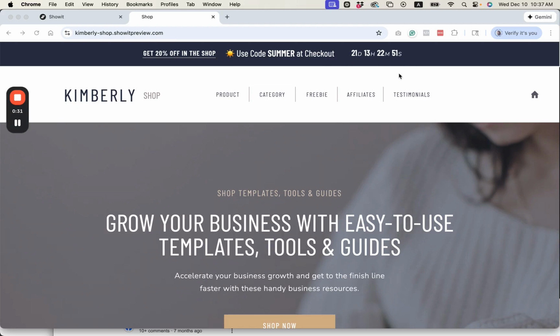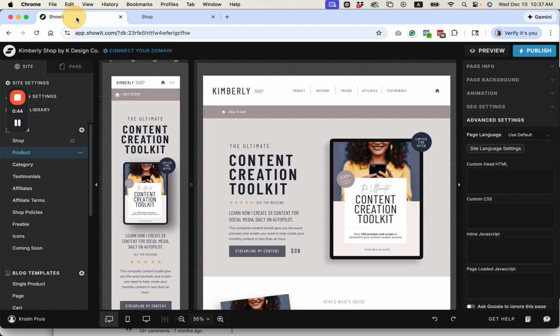of your website. Just be forewarned, there is a little bit of code involved, but I'm going to actually give you the code. So you're just going to have to edit a very small part of it to make it work for your site. So I'm going to go over here to Showit, and so this is my Kimberly shop template. But this will work for any Showit template or any Showit website that you have in the same exact